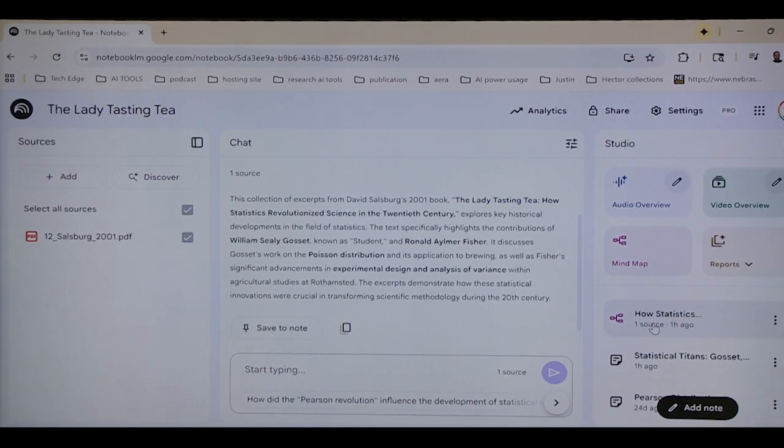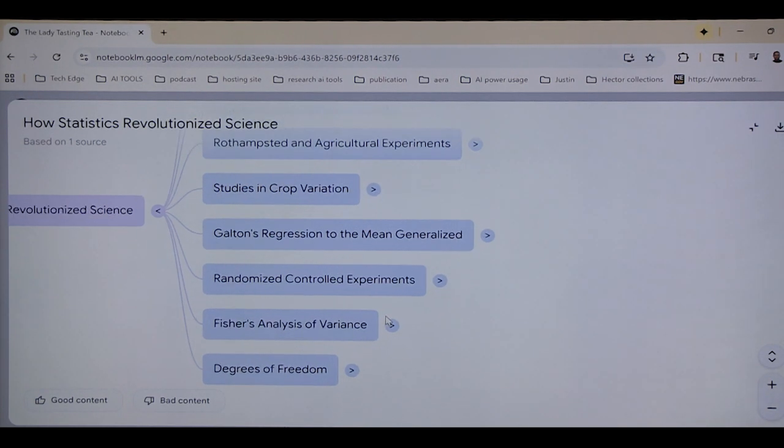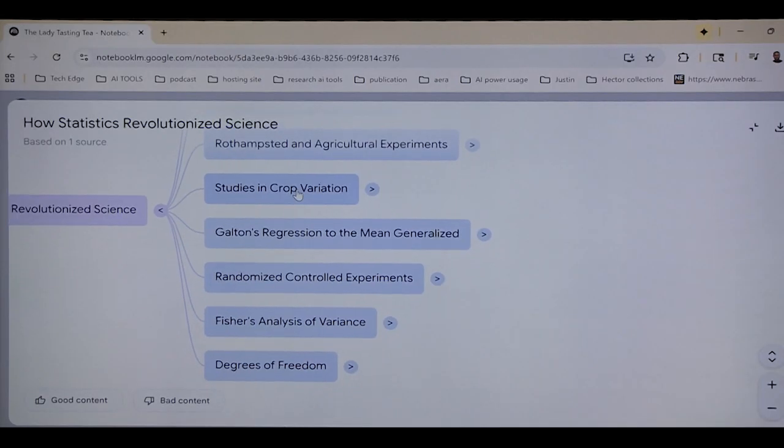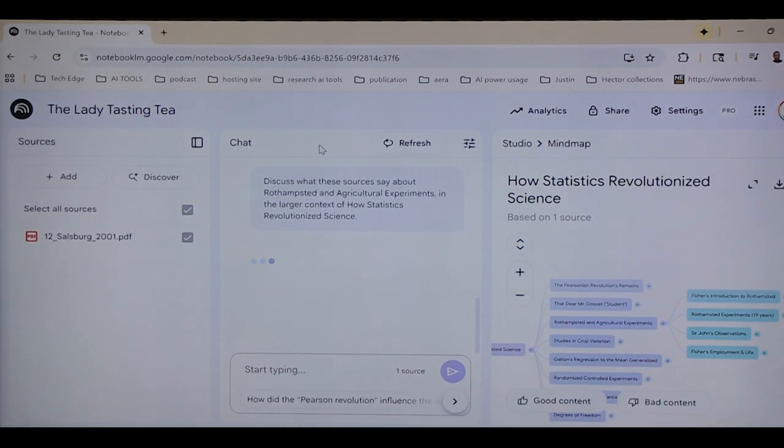Yes, so I created a mind map of this document, and the mind map goes even deeper. The overview is just a brief description of the document, but the mind map takes you further. So this is the mind map. When you click on any of these nodes, you get additional information from the document. When I click on this, it opens the next window and the next window. So the level of detail is considerably higher.